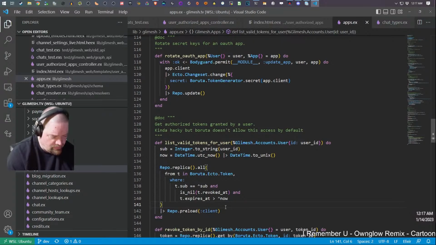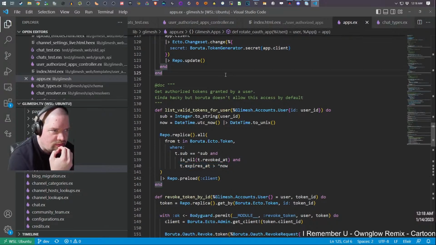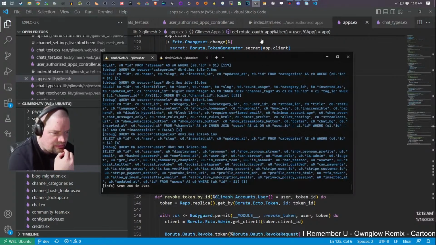Probably wouldn't be a big deal because I could change it just in the database directly. Huh. Okay. I suspect this is the culprit. But like I said, I'd have to test it some more and see if I can replicate the problem and then try to do the fix for it.